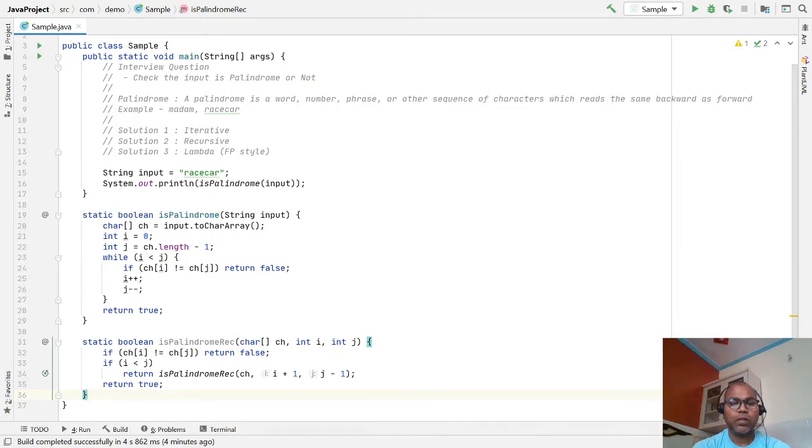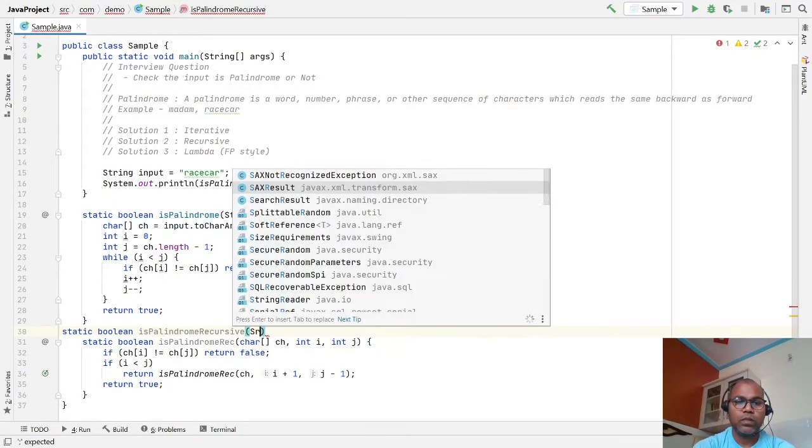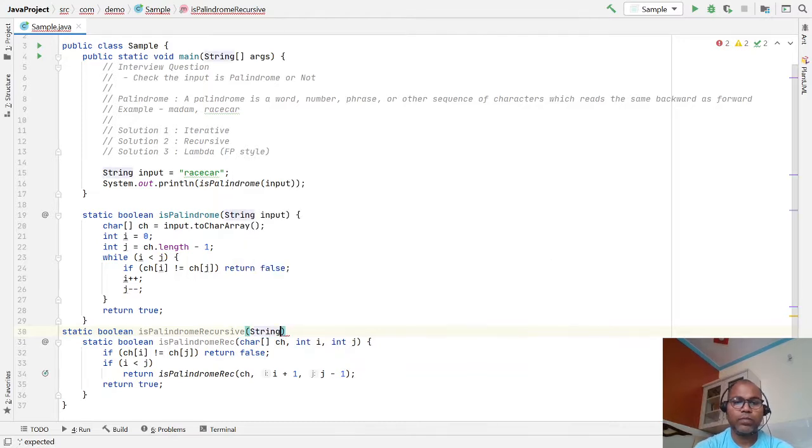For invoking the recursive method, I have to write a method that takes a string input: static boolean isPalindromeRecursive with string input.